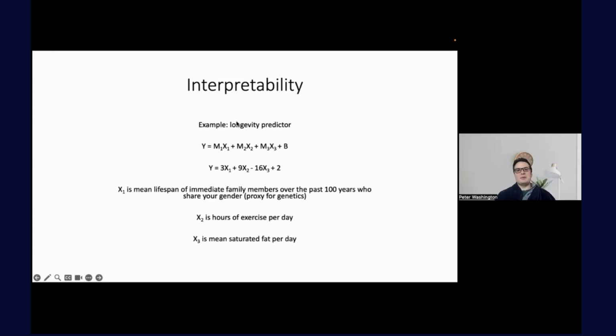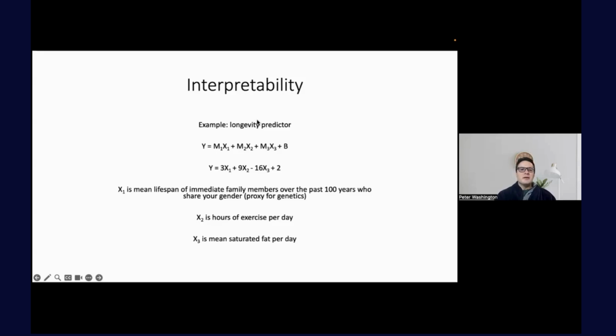So specifically in this example, let's say we're trying to predict longevity, how many years is someone going to live? And the inputs to the model are X1, which is the mean lifespan of the immediate family members over the past 100 years, X2 is the hours of exercise per day, average, and X3 is the average saturated fat per day. And so if we train the model on the training data and we see that the equation that it learns is longevity is equal to 3 times the mean lifespan of family members plus 9 times the hours of exercise per day minus 16 times the saturated fat in grams per day,